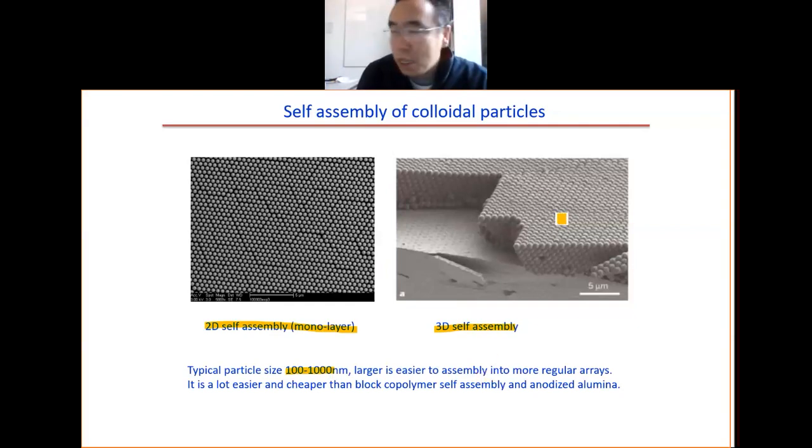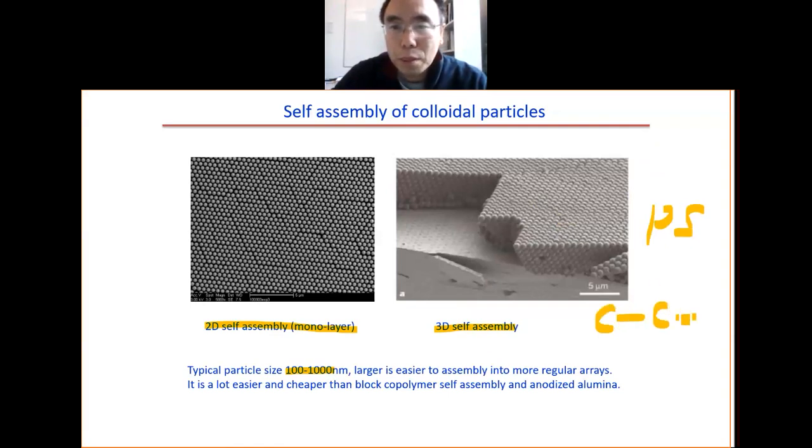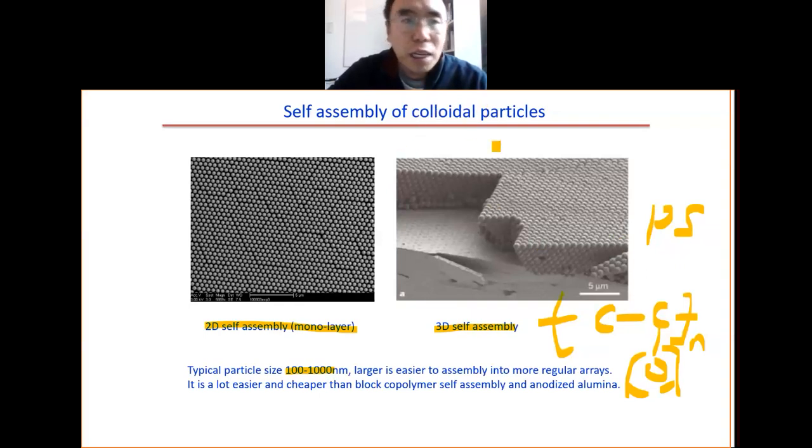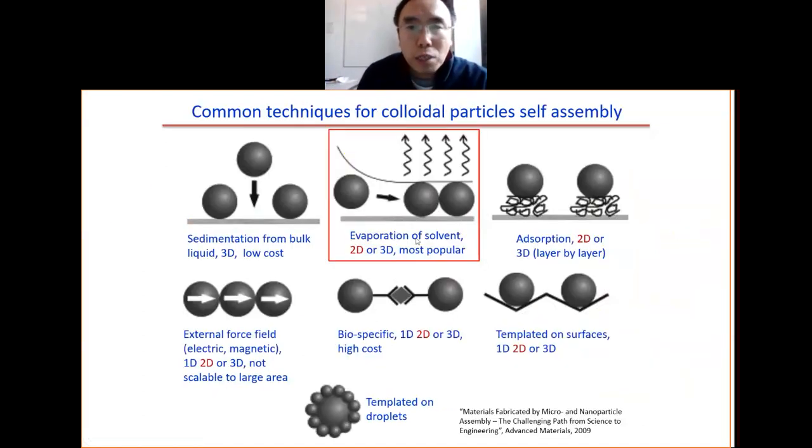There are two popular choices for the nanoparticles. The first one is polystyrene. Polystyrene is a popular choice of nanosphere colloid. Another one is silica, and you can also buy silica nanospheres easily. There are quite a few ways to do the self-assembly process. The first one is called